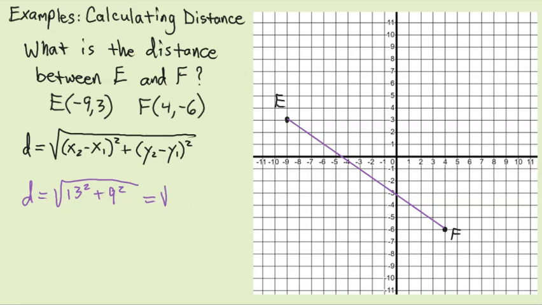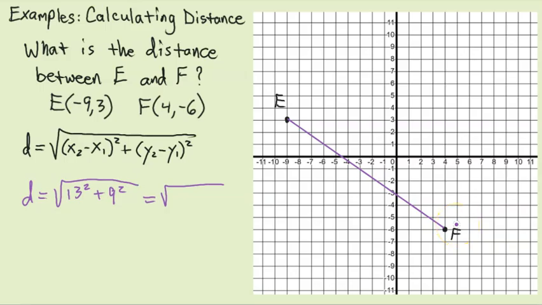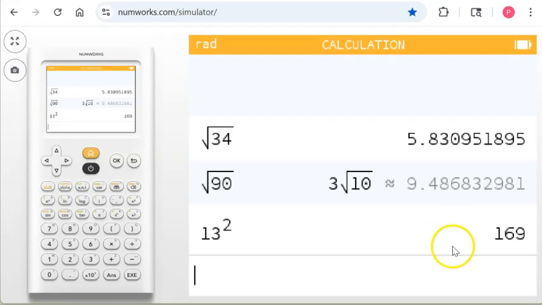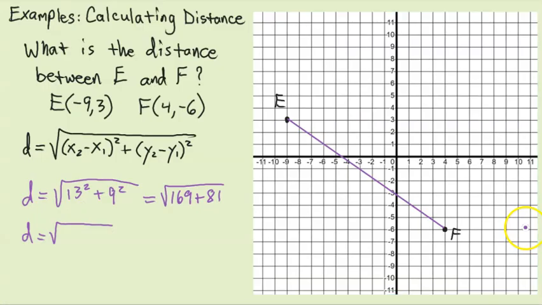And so we wind up with the square root of 13 squared plus 9 squared. You may need a calculator for that. Well, we can do the NumWorks calculator. 13, here's the square button. I think this is it right here. Squared, execute, there we go, 169. Sure enough, just like I said. So 169 plus, and then 9 squared is 81. You may need a calculator for that. So the distance is the square root of 169 plus 81. Well, here's 169 plus 81. See, it works just like a regular calculator. Is 250. And so it's the square root of 250, whatever that is, that is the distance between